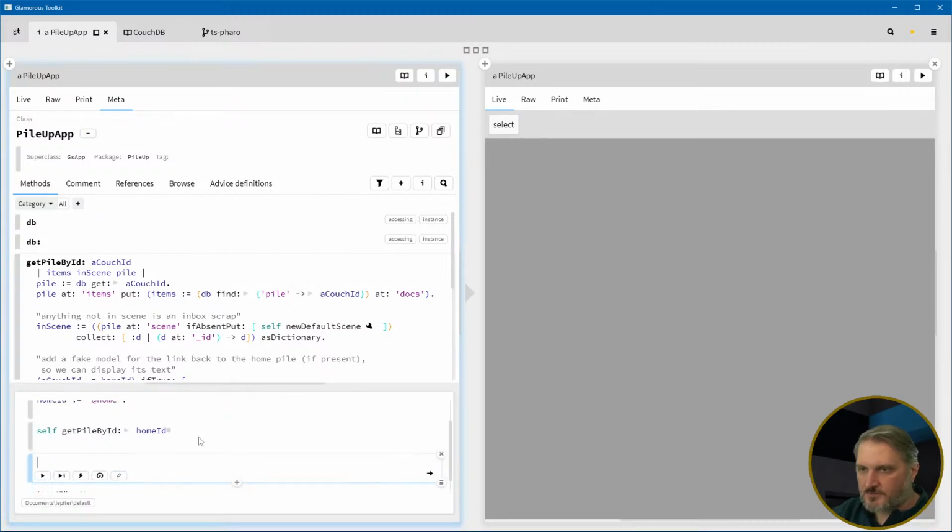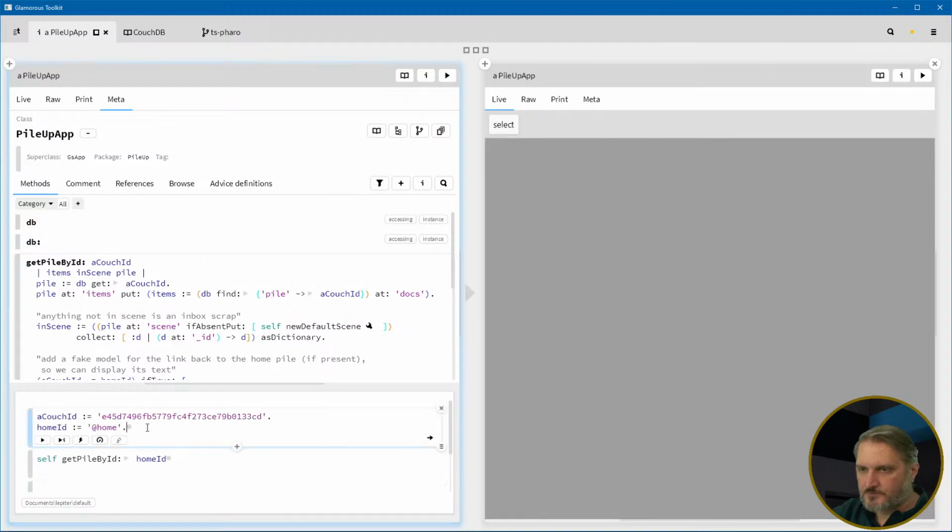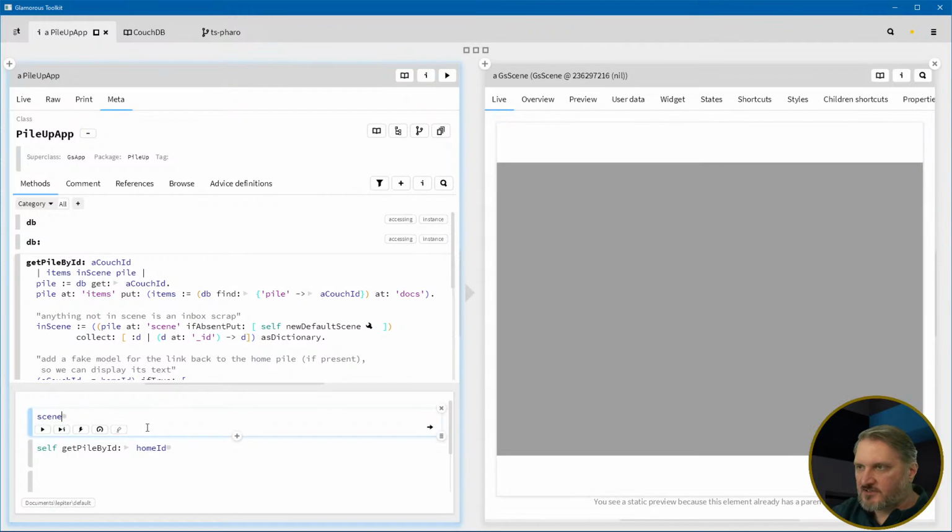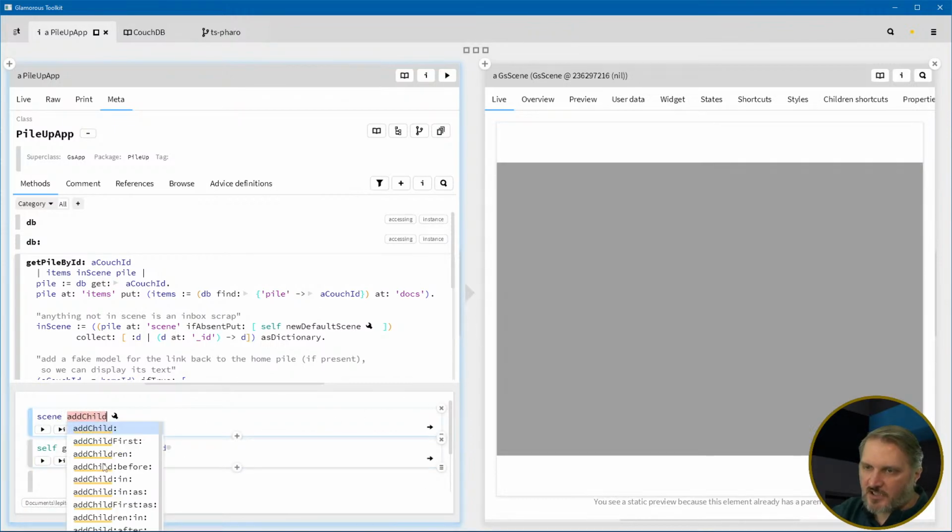So what's the issue? This isn't initialized now, so I don't need this. So scene, right? If I just inspect the scene, I should get this. Scene add child, and